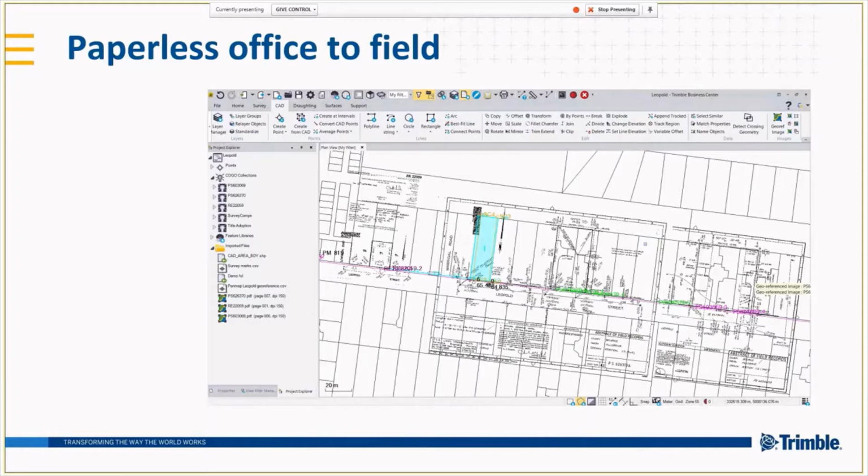And these always contain a lot of extra description, and it's a lot easier just to have a look at a PDF than to be keying in all of these additional attributes and notes and descriptions on a point that you then have to interrogate in the field. It's nice just to still have that aspect. So what we do to help facilitate that